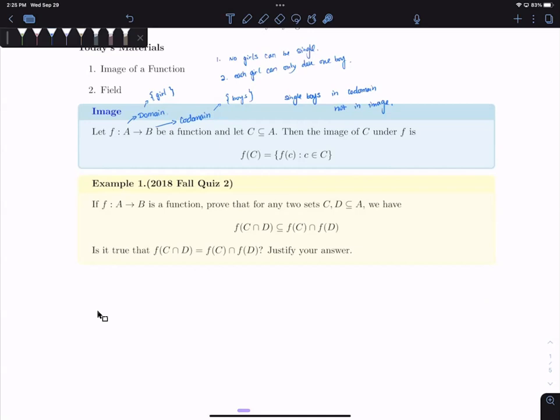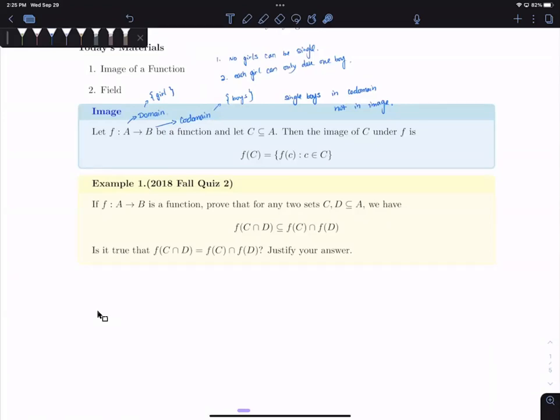Can a boy have more than one girlfriend? Yes, they can. In general, they can. And when they can only have one girlfriend, that's called injective. So when we reach injective, surjective, we will go back to this terrible example again. So single guys aren't in the function. Single guys are in the codomain, but not in the image. Does that make sense?